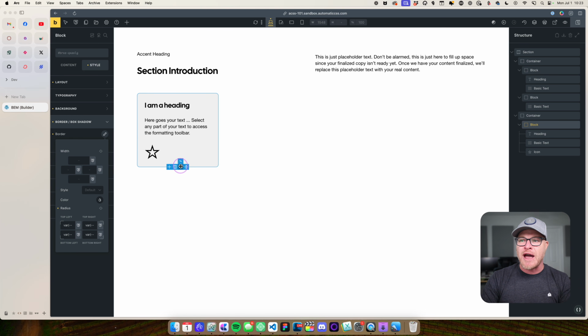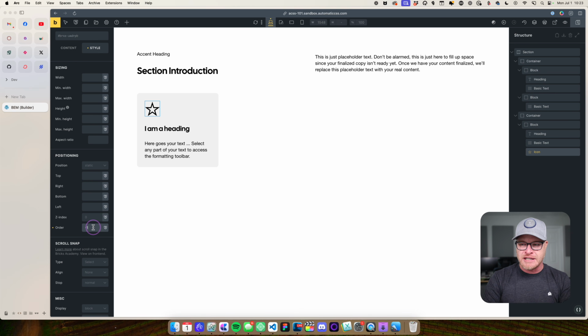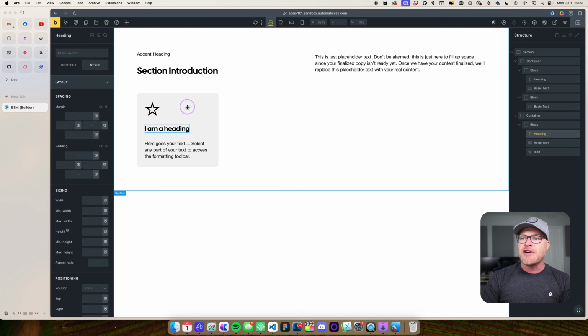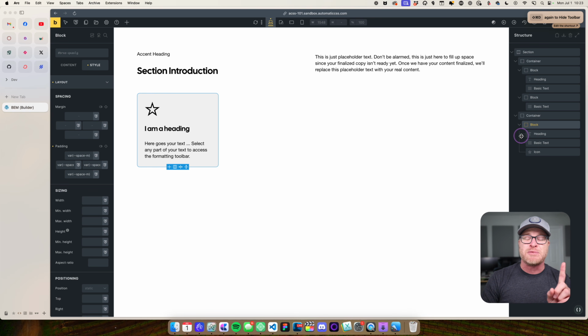So now I have my rounded corners. I wanna take this icon and I wanna order -1 on that. And so now I have my icon card. I'm pretty much done with that. So I'm just gonna go ahead and duplicate. Actually, before I duplicate,